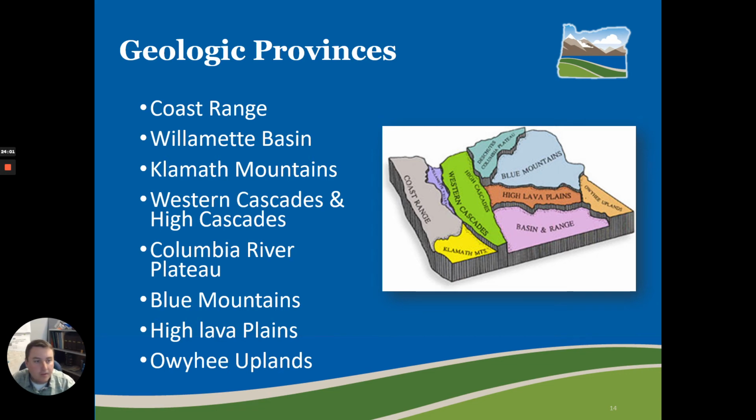You have the high and the western Cascades right here. The high Cascades and the western Cascades are made up of younger volcanics. So like Mount Hood and the volcanoes going down here all the way to Crater Lake and down towards Mount Shasta in California. Those are all those volcanics. Recent activities,